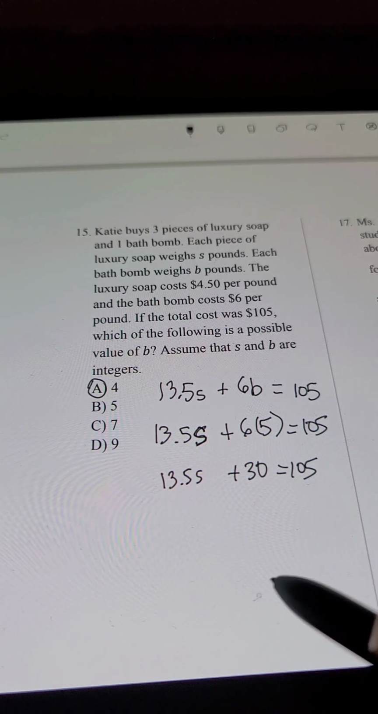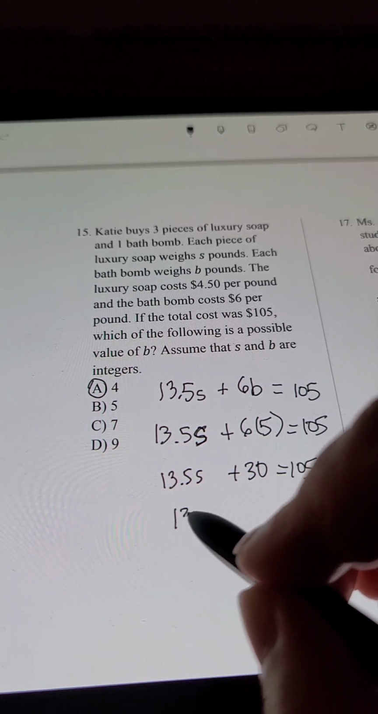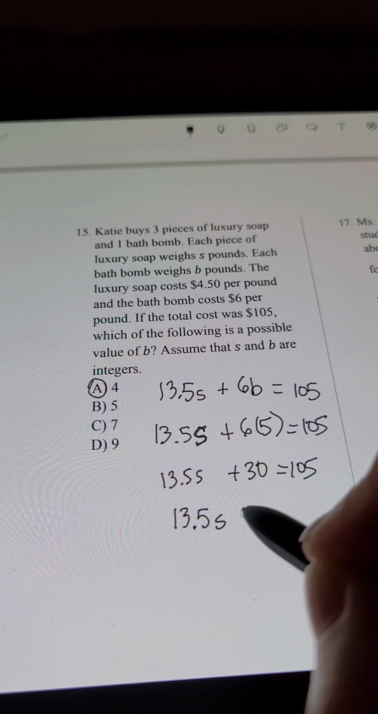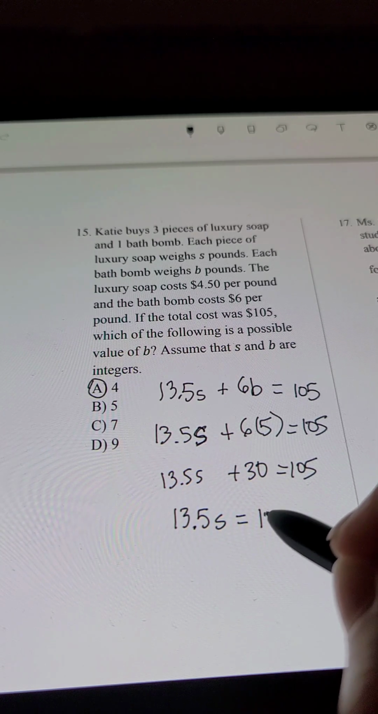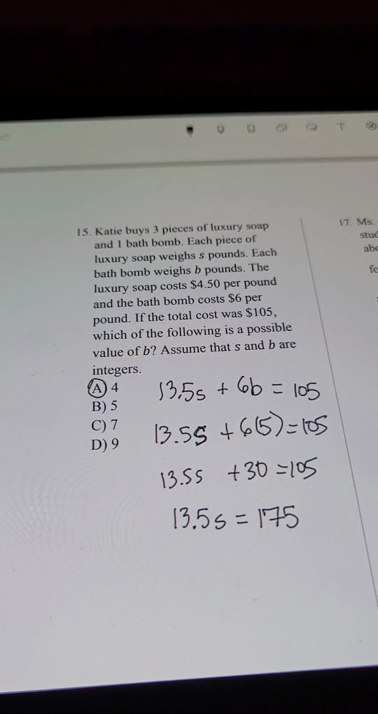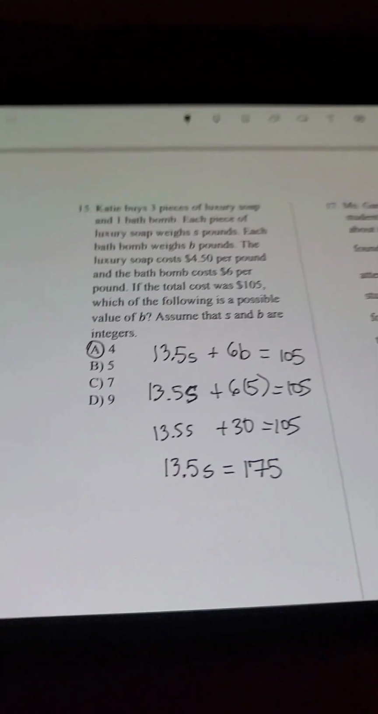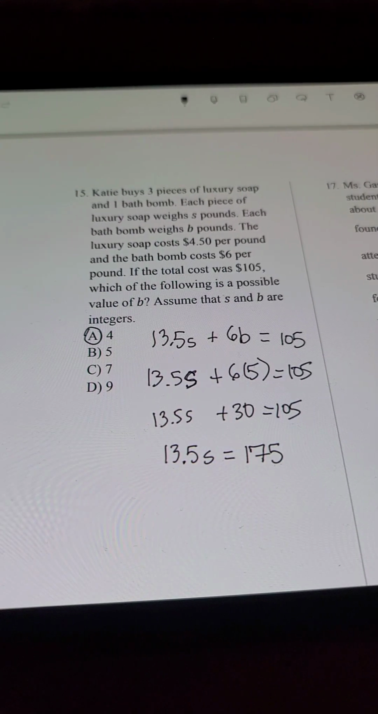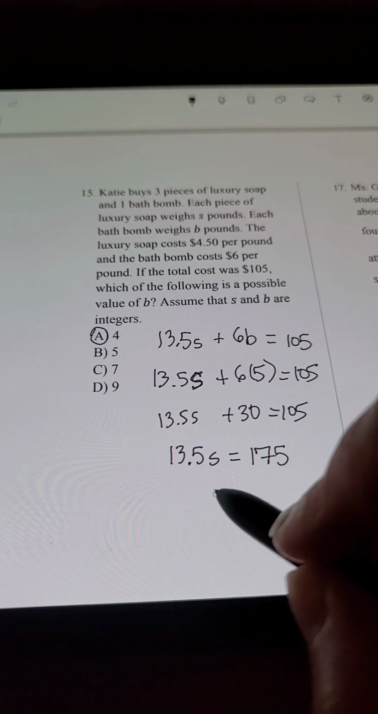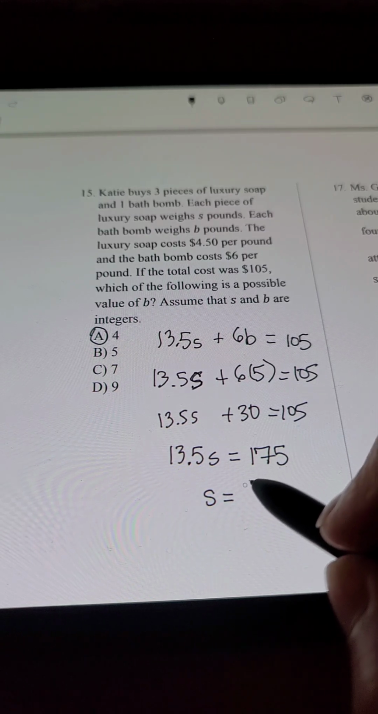Now I have to subtract 30 from each side. And that's going to give me 13.5S is equal to 175. Now I'm going to divide by 13.5 on each side. And when I do that in your calculator, you're going to get basically like